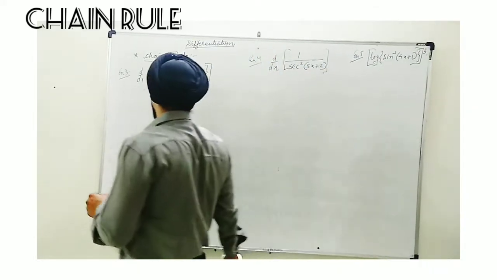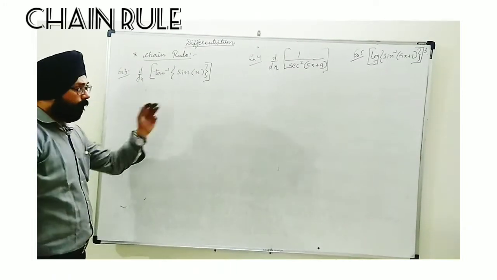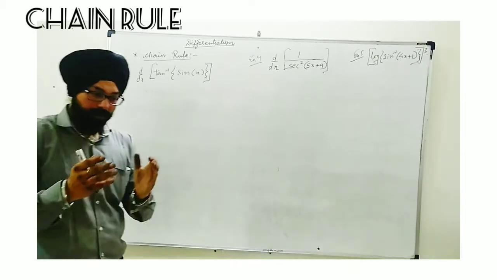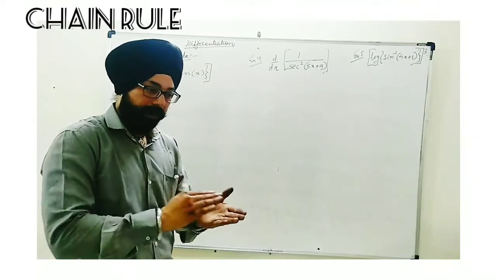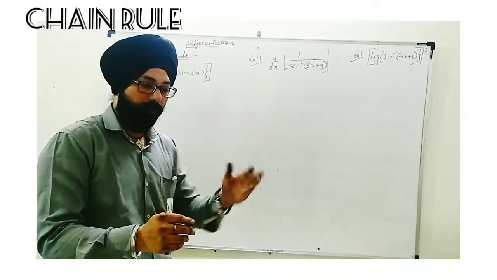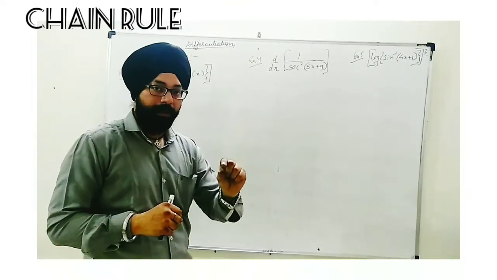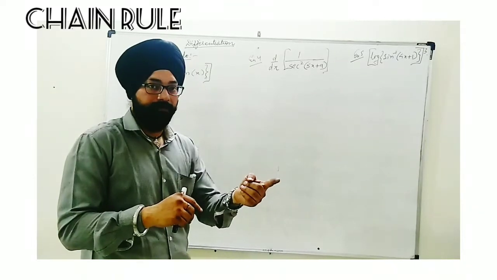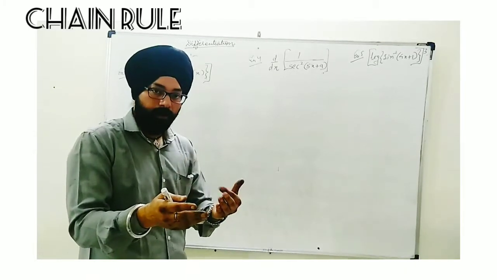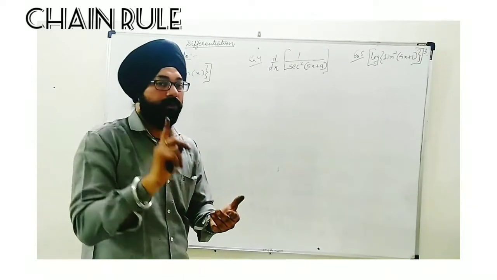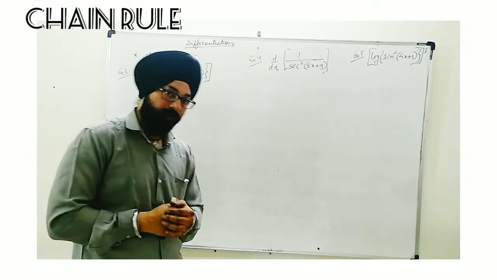I have taken 3 illustrations here to clarify the application of the chain rule. Before I go ahead, I will tell you this is the basic thing now, that we have to start with the surface function, the outermost function, and step by step we will move towards the differentiation of the innermost or whole function. But keep in mind one thing, in any step if you find the power of some function, meaning the x to the power n pattern, it doesn't matter which step we are going through, then always first of all the power should be operated by the rule of x to the power n. I will give the explanation for this rule.